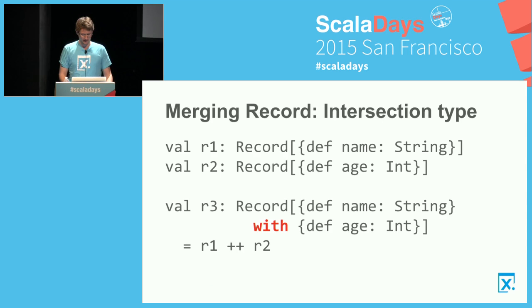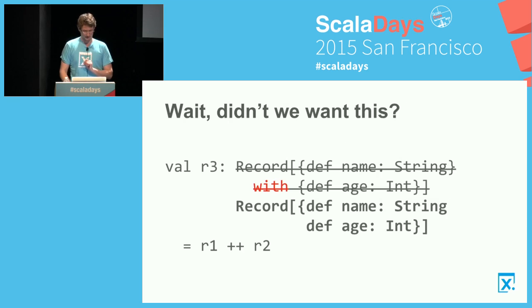One thing that's interesting: when you merge two records, like a Record of T and a Record of Q, the way ++ is implemented is you will have a Record of T with Q. And that's slightly different from what you may have expected, because it's kind of one structural type with the other structural type, which you can't even write down in Scala because the parser doesn't buy that. You can pull them out into aliases and then you can write it. But what you would actually expect is this: you have one structural type that has both of the things. But as it turns out,